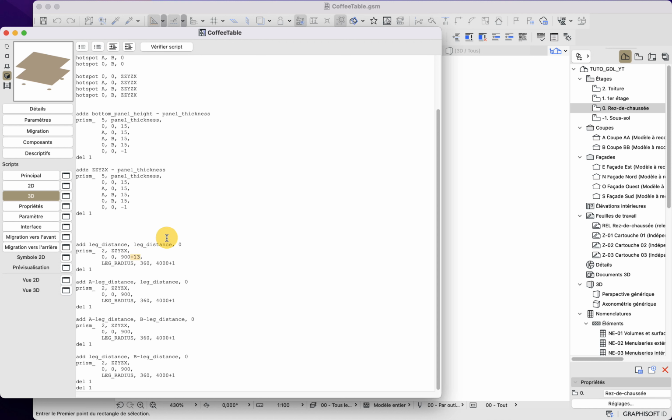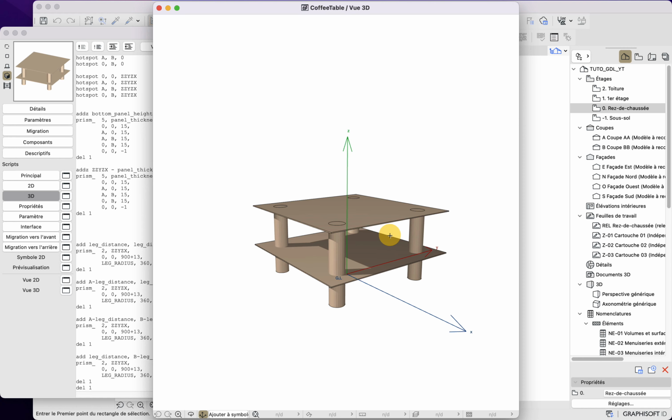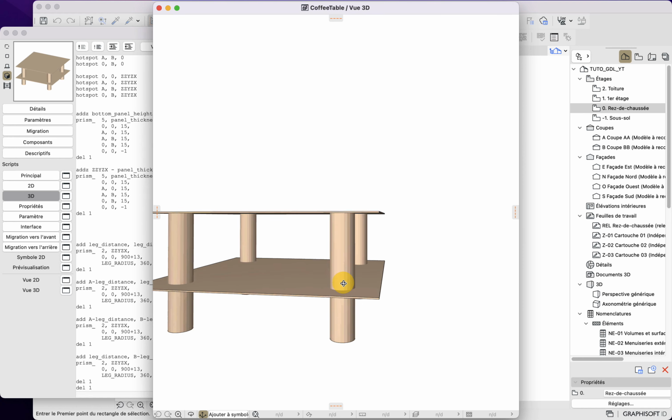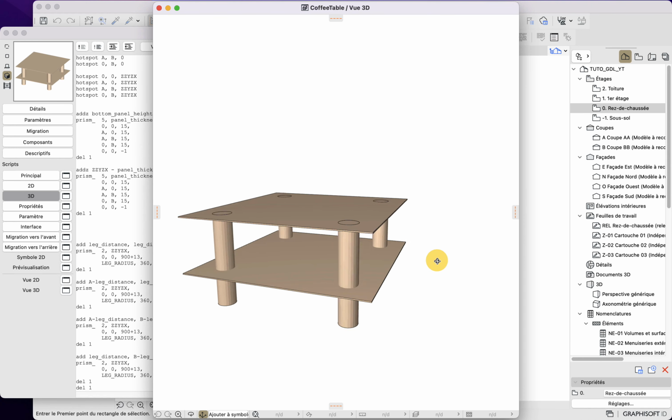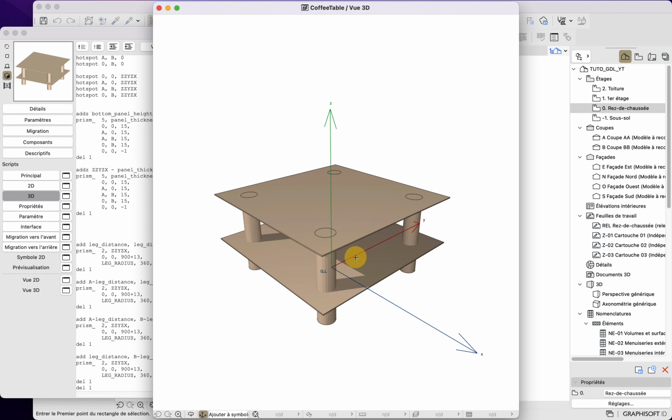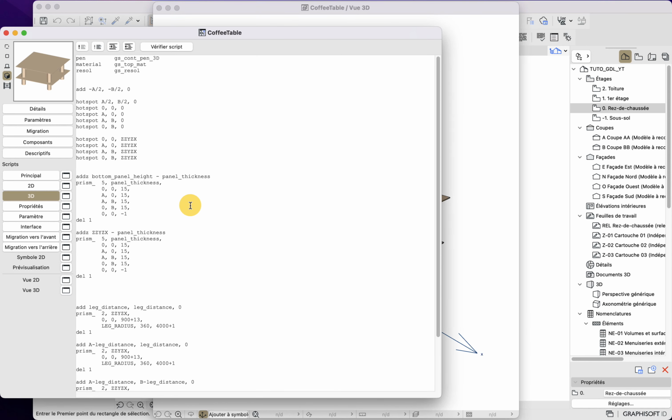And like this, we will now see that our geometry is not hollow anymore. And now if I go here into my 3D preview window, you can see that my geometry is proper. The only issue here is that it is all of the same color. This is normal: attributes impact all the code that is below. Here I have put the top material at the very top of my code, so it will impact everything else.